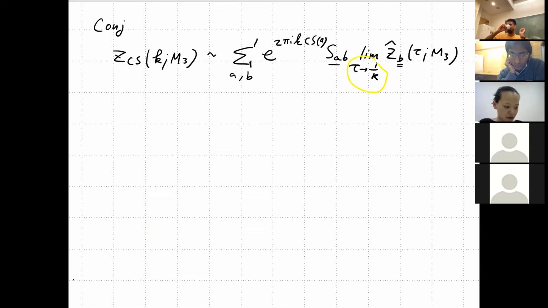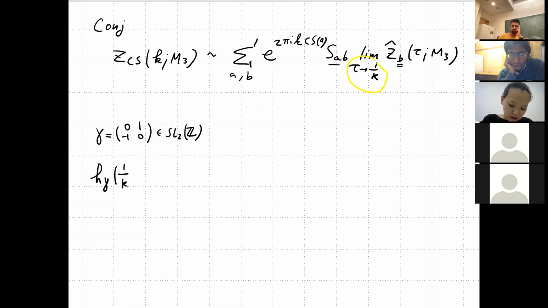All right. So in this case, if we take z hat as our function on the upper half plane, and then take the special elements, namely the S element of SL(2,Z), and look at its cocycle. That's x equals 1 over k, as indicated here. Okay.